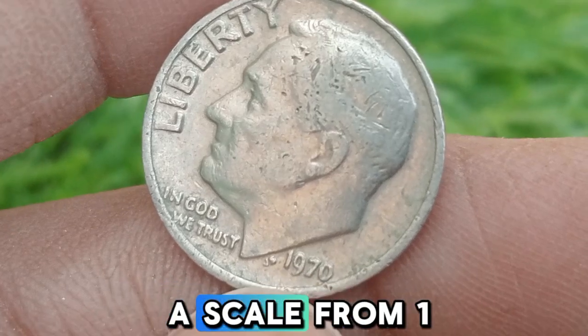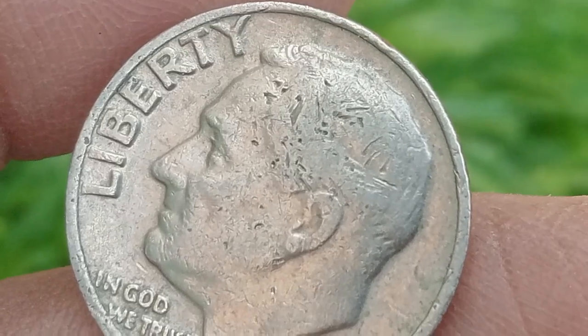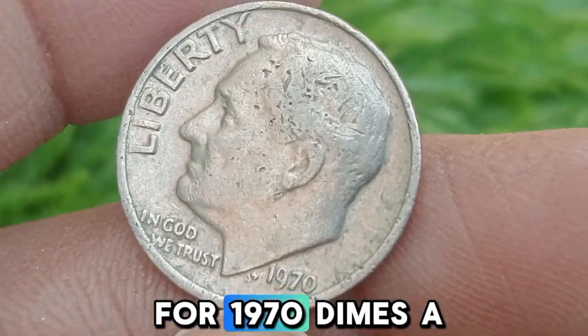Coins are graded on a scale from 1 to 70, with a grade of 70 representing a perfect coin. The most common grades for 1970 dimes